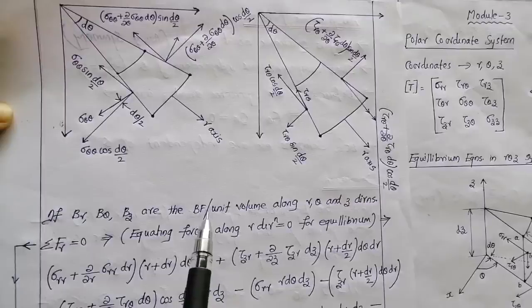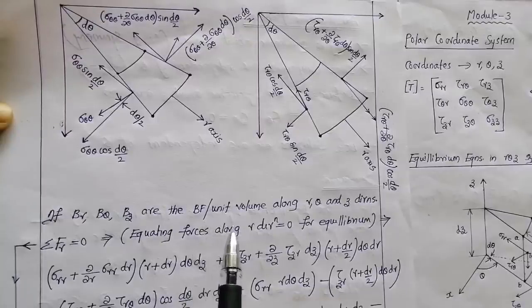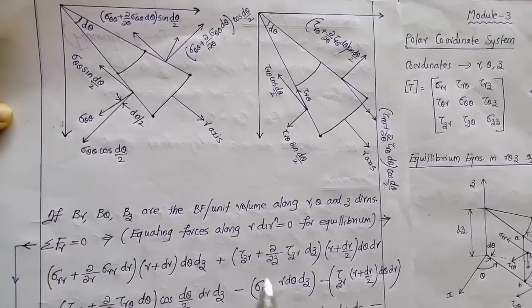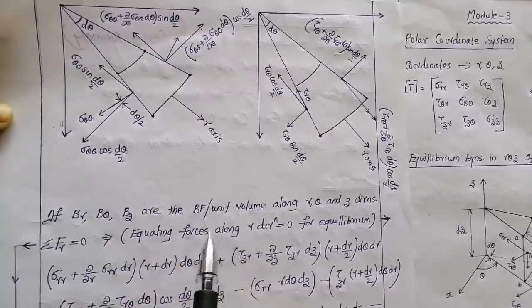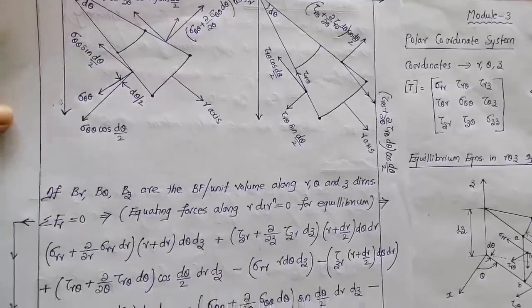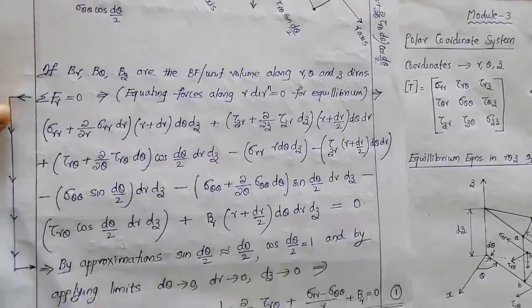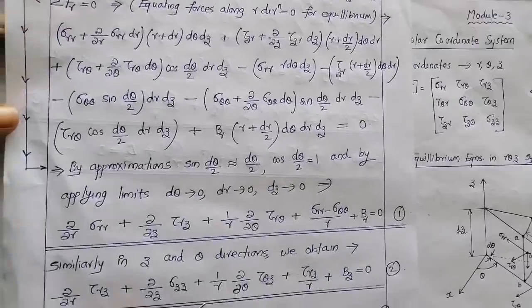For the derivation, you need to just explain the cylindrical element and explain all the three planes, r plane, theta plane, z plane, mark the stress components and explain them as I have explained on the previous page. Now, I am omitting the portion. I am just telling that this is the actual procedure. Let us not go into the details of this procedure. Now, you can explain all the stress components and finally you can write